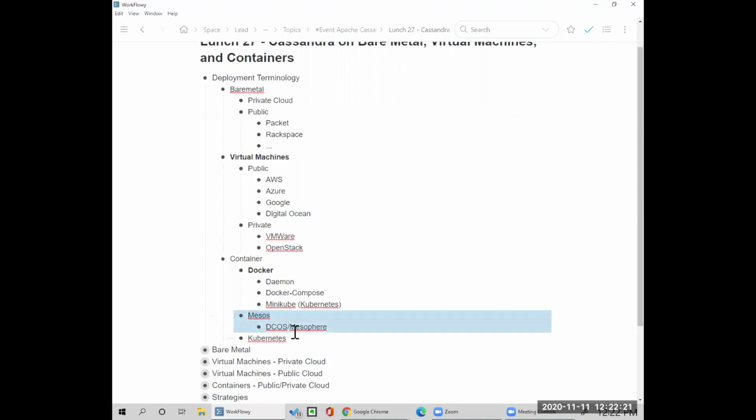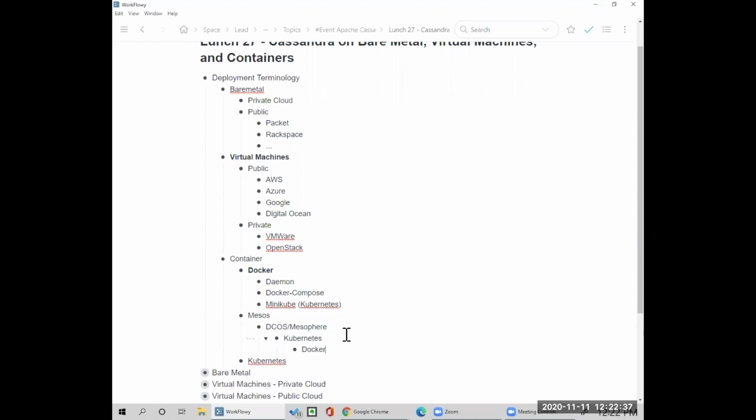I used to be a big fan. Their interface was amazing, is amazing. DCOS also has Kubernetes on it because any application can run on Mesos, and so you end up with Docker, right? You don't have to Dockerize an app to work on Kubernetes. You can use other containerization technologies.